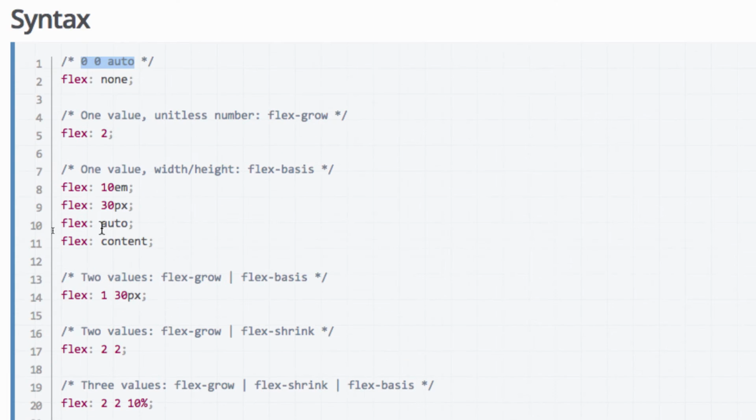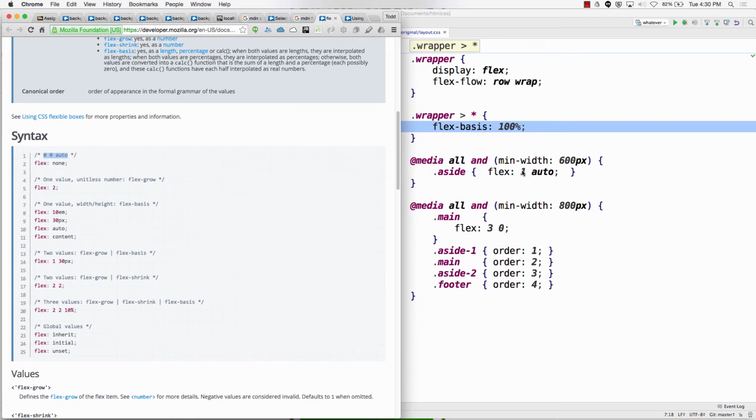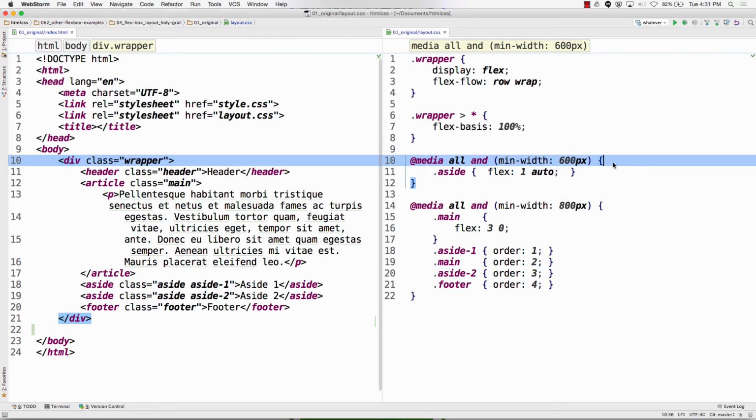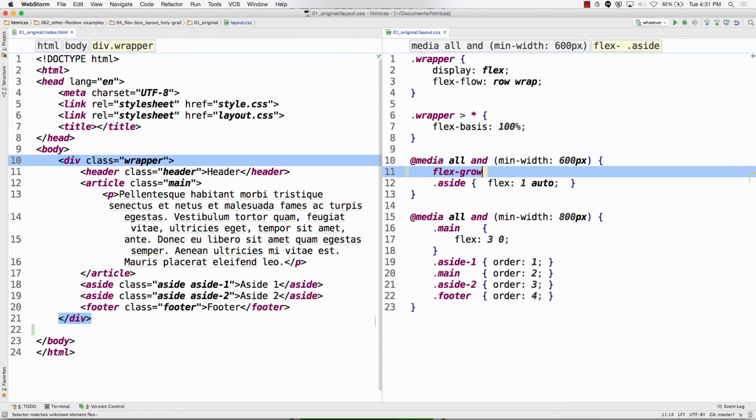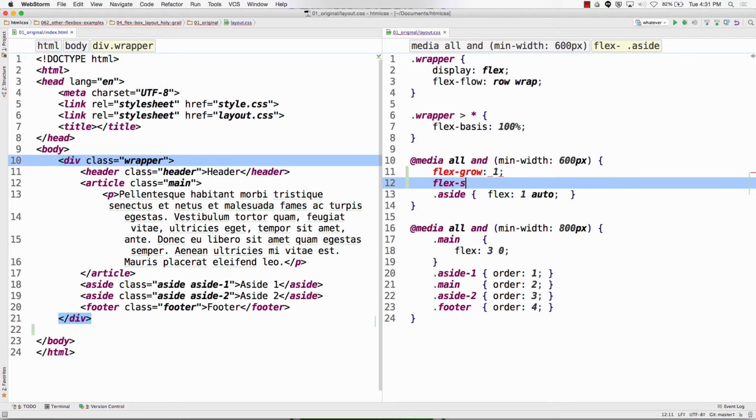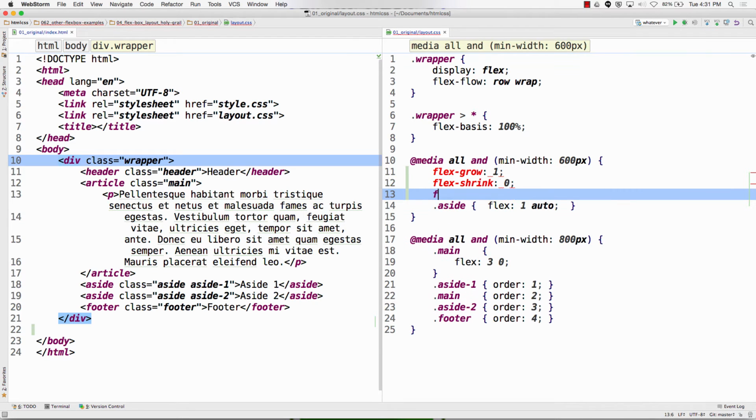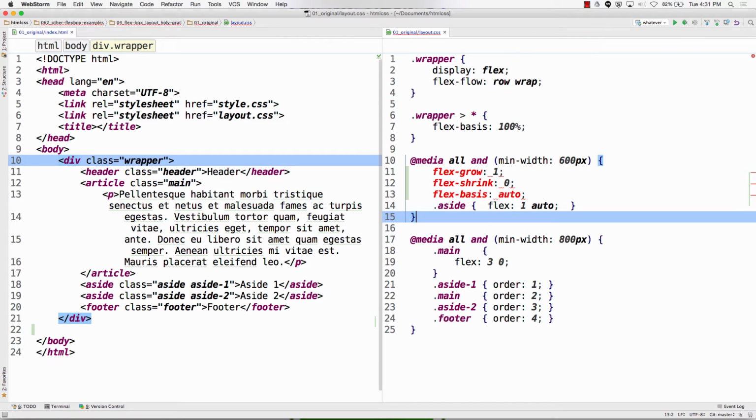So it looks like here, if I'm setting 1 auto, auto is the basis, and if I've got two numbers, the first number is flex-grow. And so I have flex-grow 1, flex-shrink 0, flex-basis auto. So I could experiment with that. Flex-grow 1, flex-shrink 0, flex-basis auto. Is that actually what that shorthand gave me? And in my code,